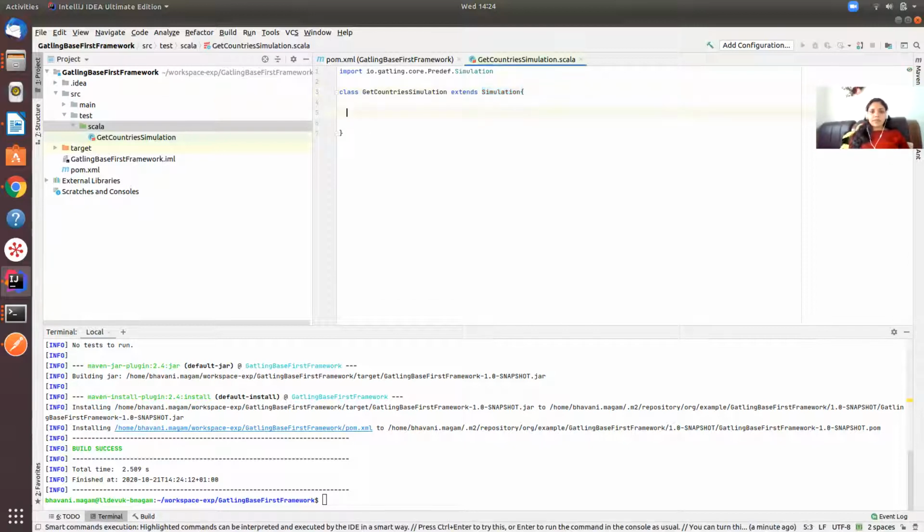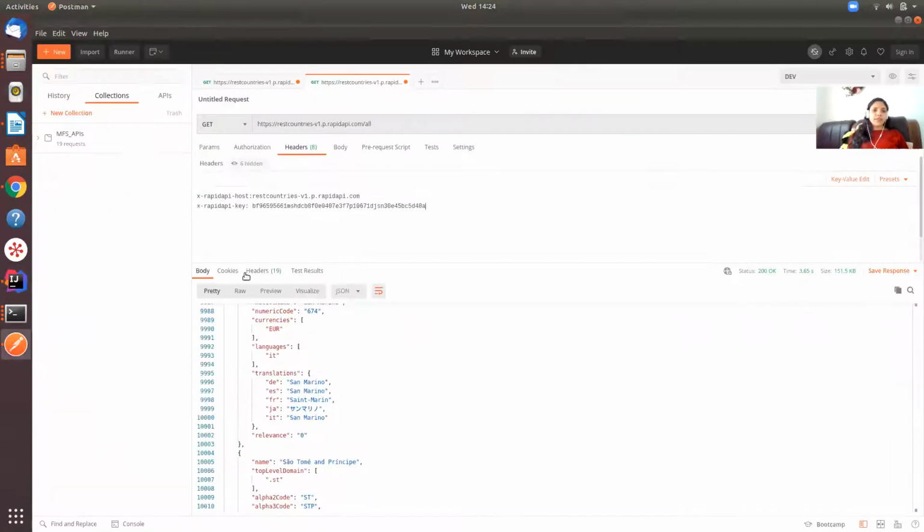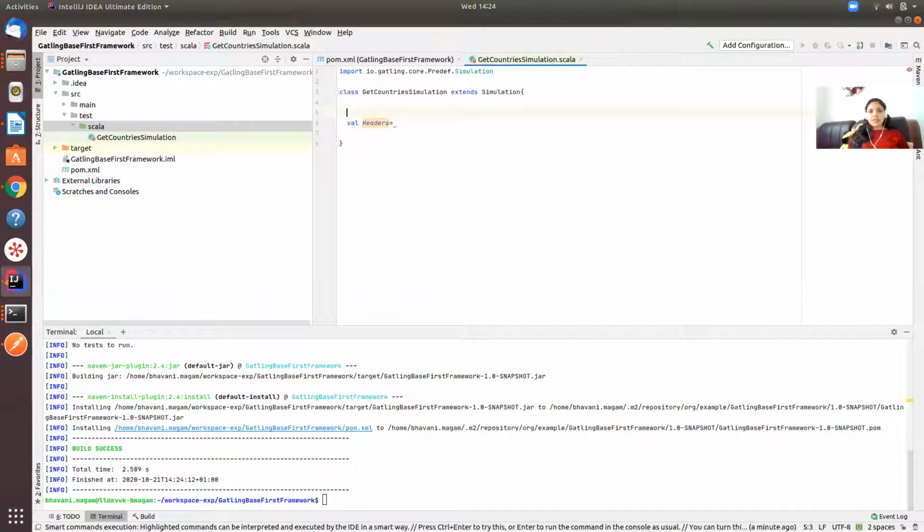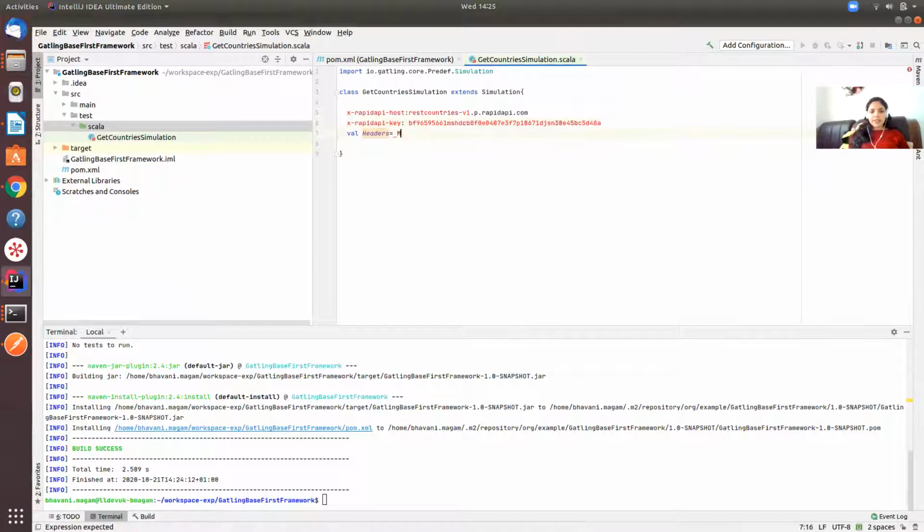So once you import that, the first thing you need for the API is headers, right? So you have two headers here, Rapid API host and Rapid API key. So let's create a map with those headers, so that we could use those headers in our HTTP protocol. So that's Rapid API host, that is the key, and the value is REST API countries,